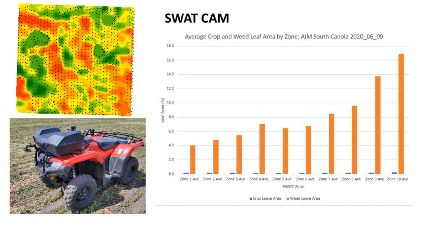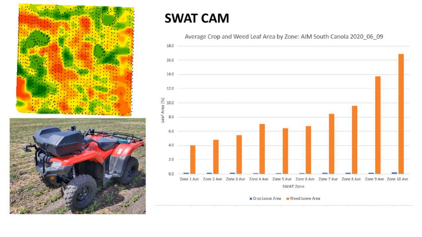The second example of a VR prescription was when it came to applying our herbicide. And for this, we actually collected a specific data layer to inform that VR prescription. So this was in partnership with CropPro Consulting with their SWOT-CAM technology. And in 2020, it was a pre-commercial version of the technology where an Android camera is mounted on the front of a UTV, and this drives on a very high resolution grid pattern throughout the field that you can see on the top left corner of the screen, and literally collects thousands of images that are then fed through a machine learning program that calculates percentage of the crop and weed leaf area.